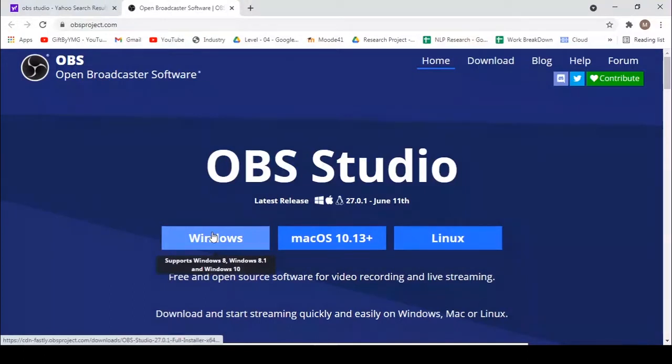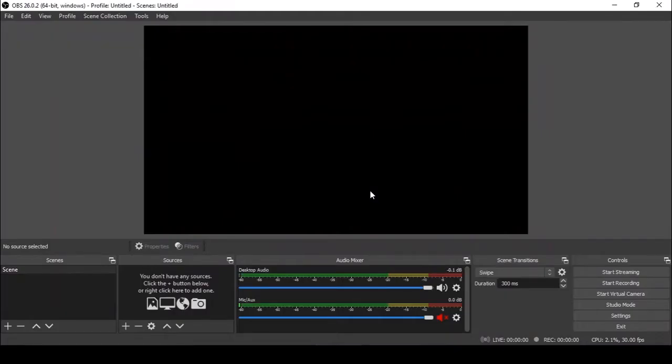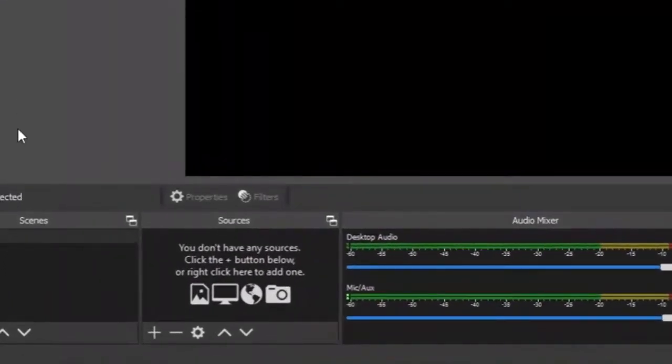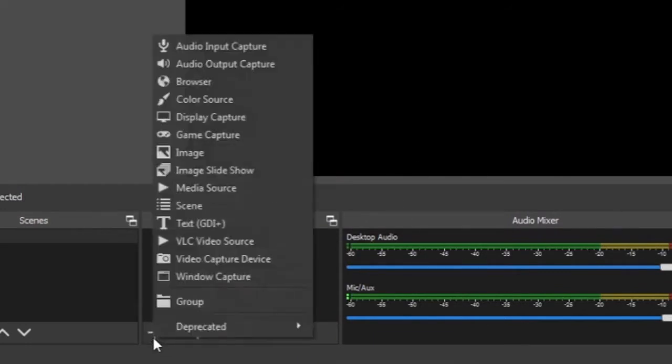Then once you have OBS installed, open up the program. If this is your first time using this software, the screen capture area within this window should be black. First, you will need to set up a source. So, go down to the sources box and select the plus sign. Here you have several choices. I will go over the few things that I use most often.